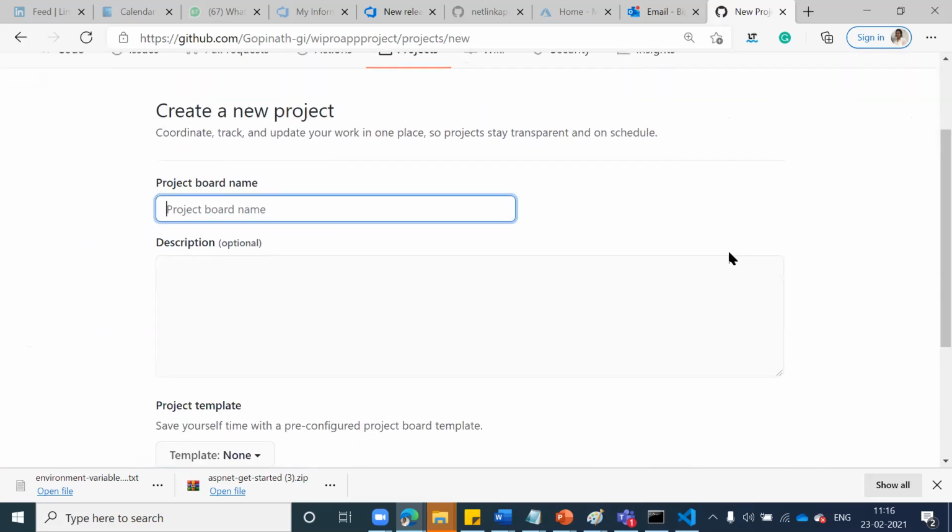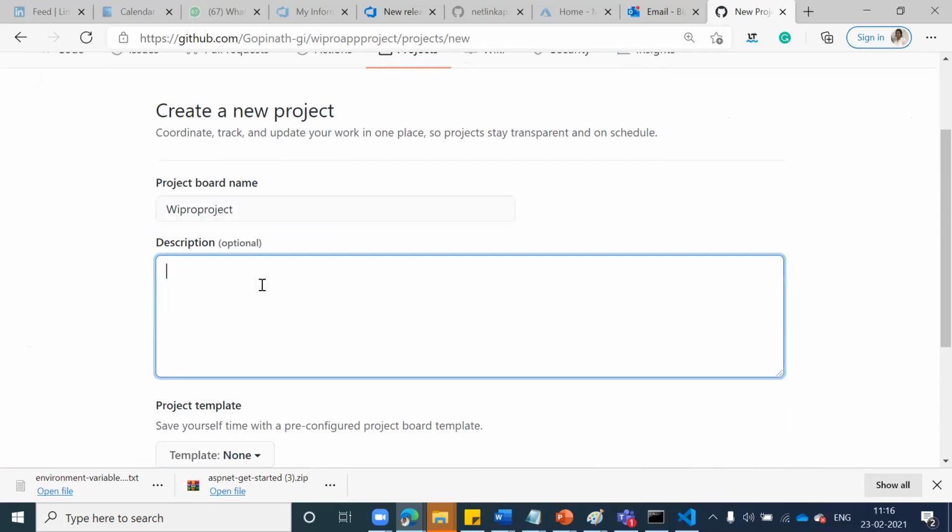Type a project name, for example I am typing Wipro project. And just type here, this is about Wipro project.